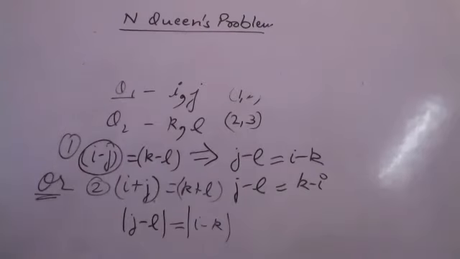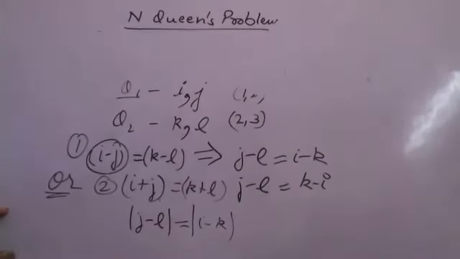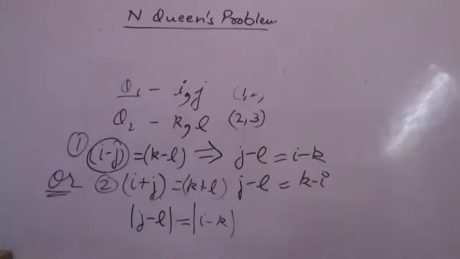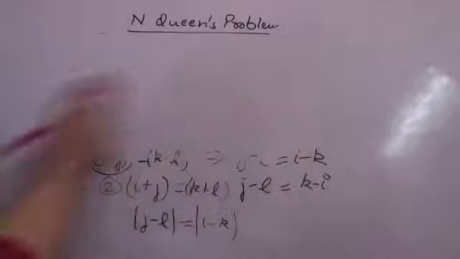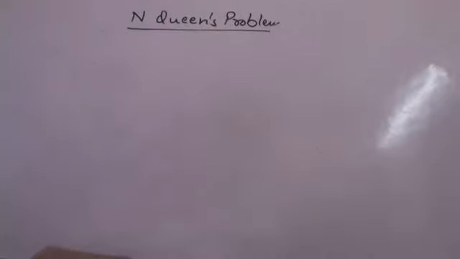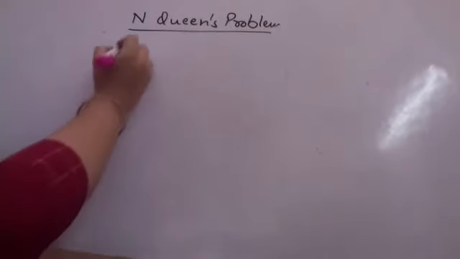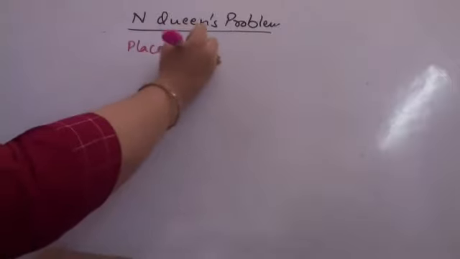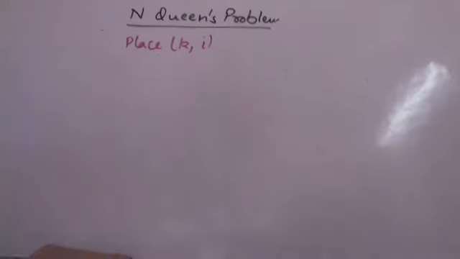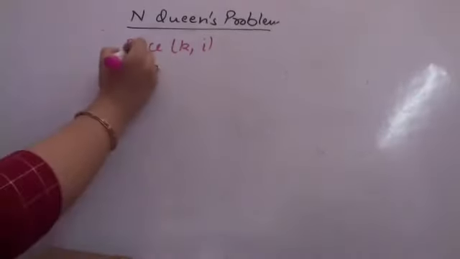Next, we move on to writing the algorithm, where I have two parts of the algorithm. I will be placing a queen at some position. Now, to give the precise solution to the n queens problem, let me do the general algorithm and we'll discuss the 8 queens problem also once, so that we are all very clear. So I am using k comma I. There are two variables. I'm trying to place a queen at the given location. So let's see what we are trying to do over here.